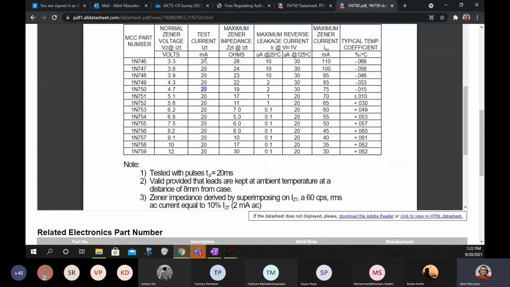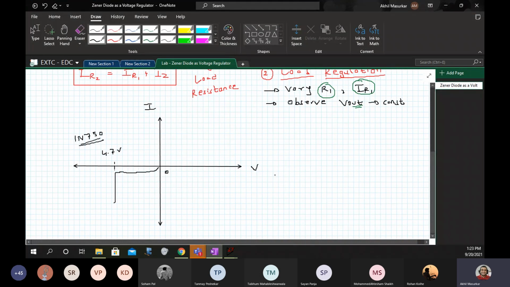The unit is written here. And the maximum current that the Zener can take is 75 milliamperes. So there is a minimum and a maximum value. It cannot take just any value infinitely. The minimum value is 20 and the maximum value is 75.